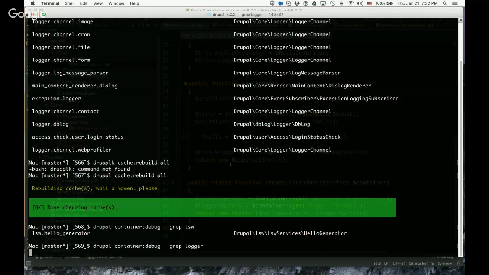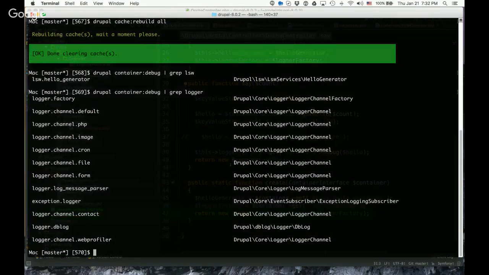if I grep for logger, the top one is a logger factory. Logger.factory is the name, and it's this logger channel factory. You're like, well, that's pretty nice. I wonder what happens there. So